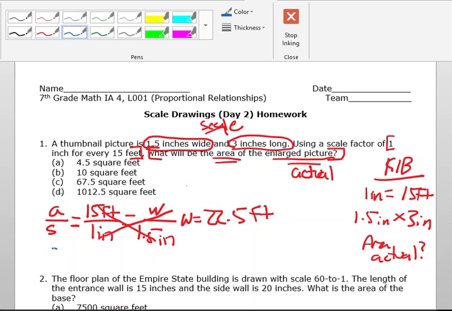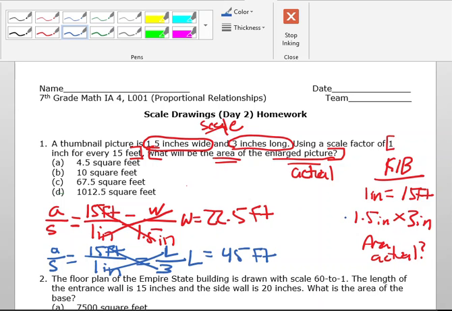So I'll put actual over scale is equal to 15 feet over 1 inch, which is equal to length over 3. Cross multiply here, so L equals 15 times 3, so my length is equal to 45 feet. And then I do area. Area equals length times width, meaning area is equal to 22.5 times 45. Okay, and when I do that,